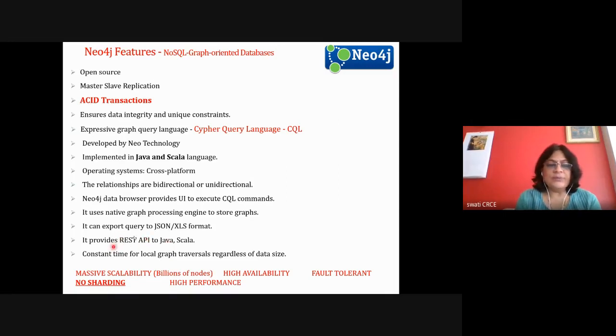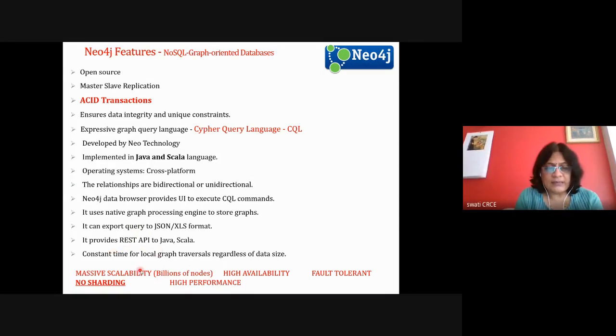So I think you must be knowing about REST. If you don't know about REST, I can tell you, you have service oriented architecture where wherever you write any application or business logic, it can be in the form of a service, a web service, which can be accessed via internet through HTTP protocol. So that particular service can also be accessed through REST APIs.